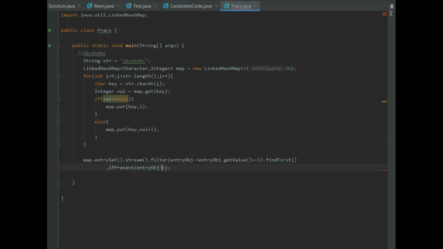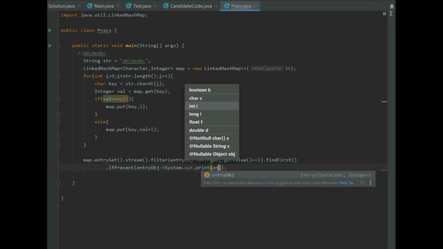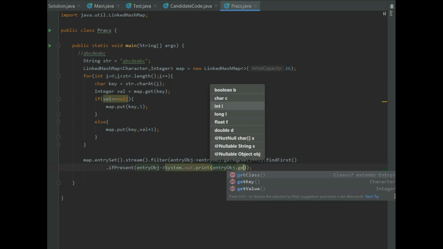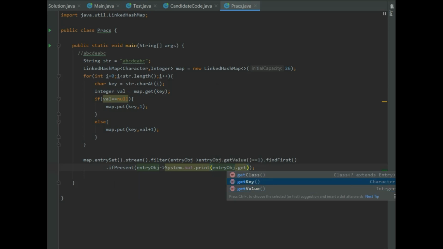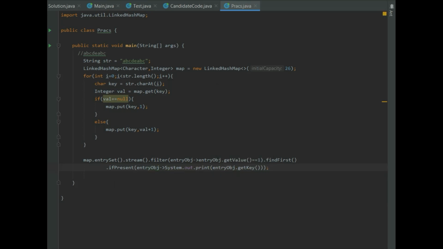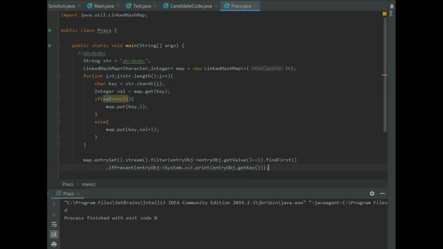I'll take the entry object, get the key, and print that key. So let's run and check it. We can see that the output we got is D, which is the expected output.